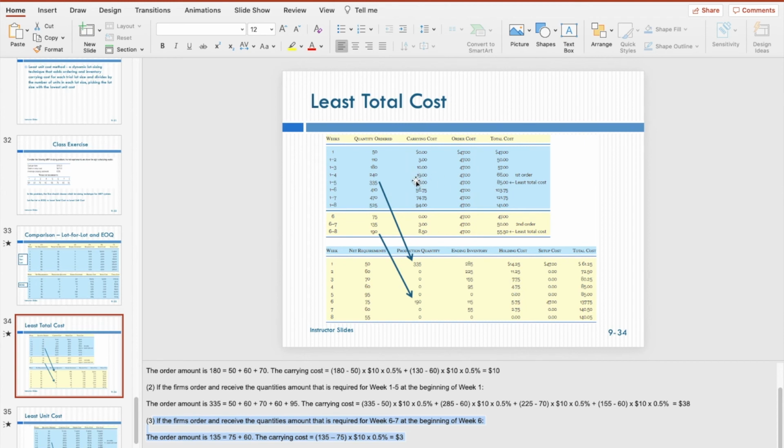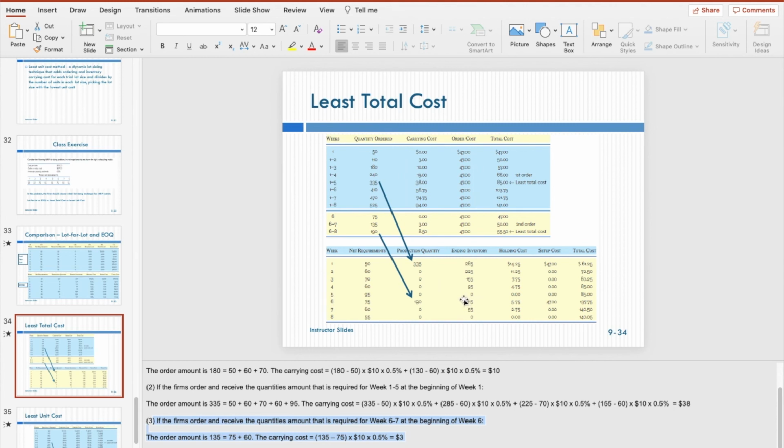It should correspond to this $38. Okay, and then you don't actually have any inventory anymore, right? And at the beginning of week 6, you order another new amount, which is covering the last 3 weeks, which is 190. You see, 190. That's why here you order a new 190, and then the requirement is 75 for this specific week 6, then